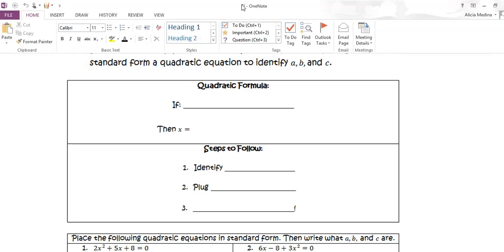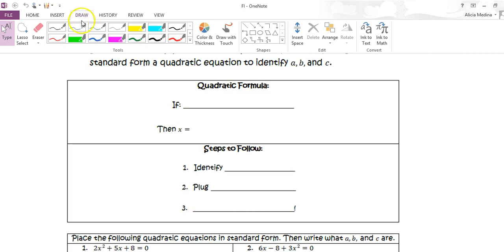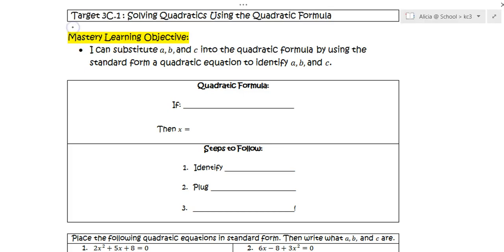Hey guys, in this video we're going to be covering target 3C.1. So our learning objective is being able to substitute A, B, and C into the quadratic formula by using the standard form of the quadratic equation to identify what A, B, and C are. So this whole section we are going to be using the quadratic formula, which means it has to be in